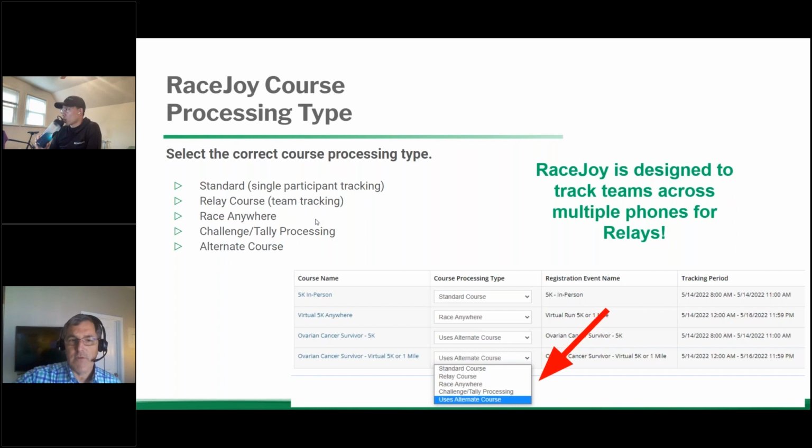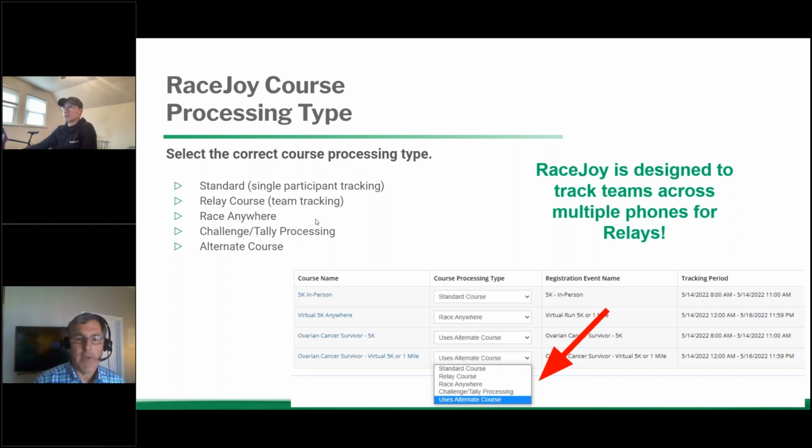We have the relay, and this is where you're actually tying together different phones and they're being tracked as an overall team. And so we've done a lot of development in the relay. We continue to push the envelope in that area. And it's very simple to set up, but you just need to make sure that you understand the difference between, and we're not talking about a team where everybody's doing the same thing and then you're just doing like a corporate team type of 5K or stuff. What we're talking about is truly people doing different stages of that course, and us virtually thinking about tracking that team across multiple phones. That's what we call relay